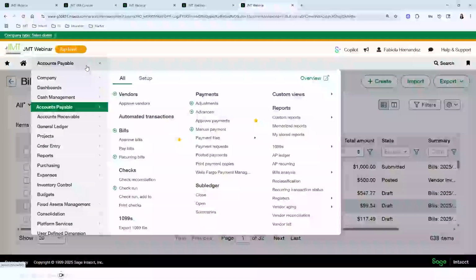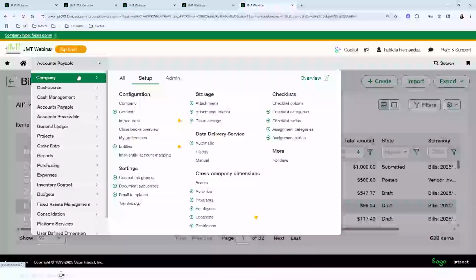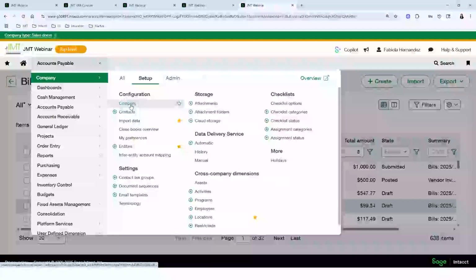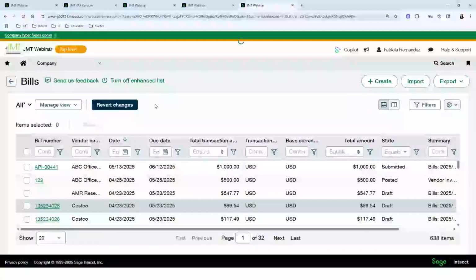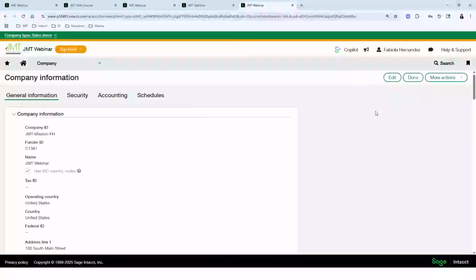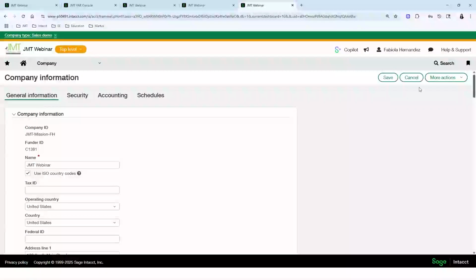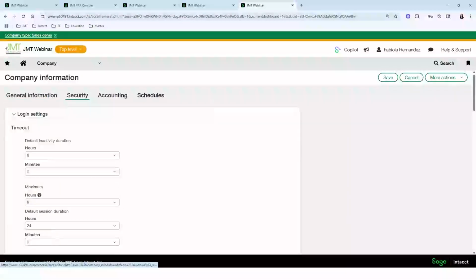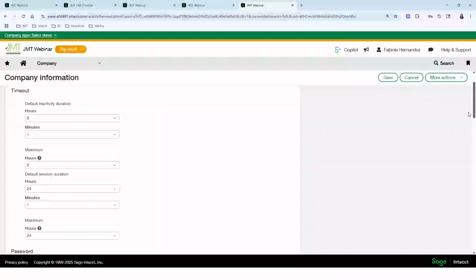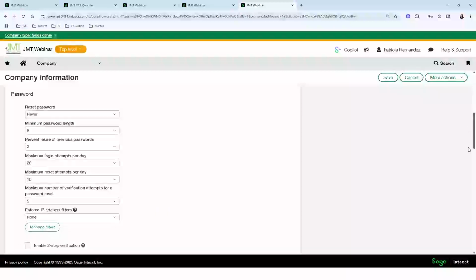So in Intacct, if you go to the company module, you have to be a business user to do this, and you have to be an admin. You have to have full admin rights to do it. So under the company module in the setup tab under configuration, click on the word company. If you click on the word company and then edit the screen and go to the security tab, that second tab over, and scroll down to